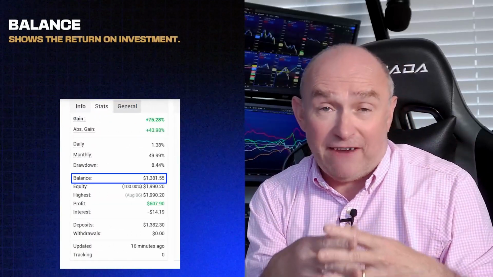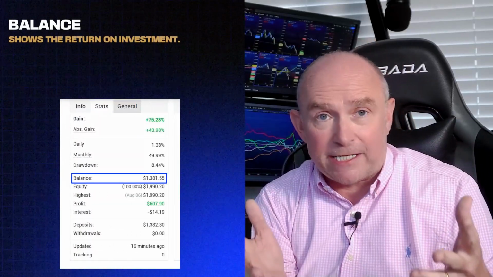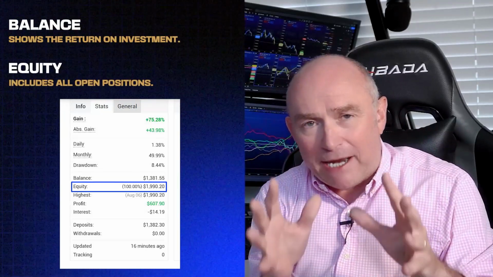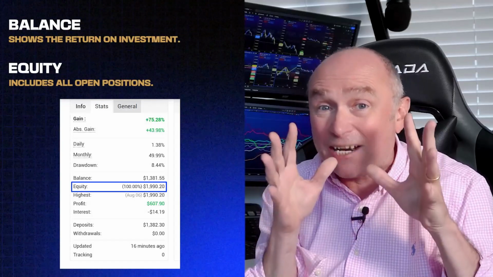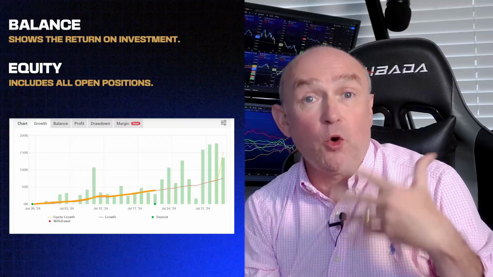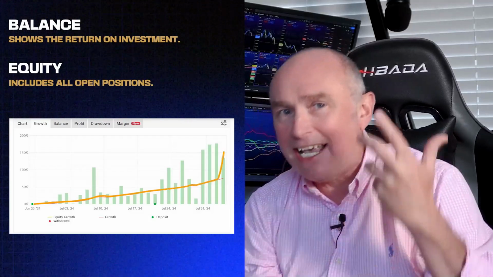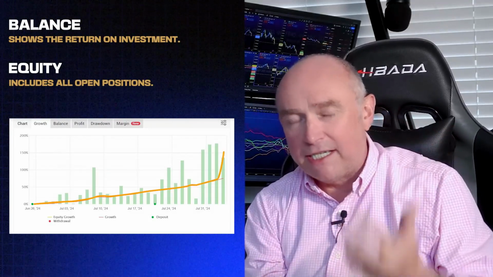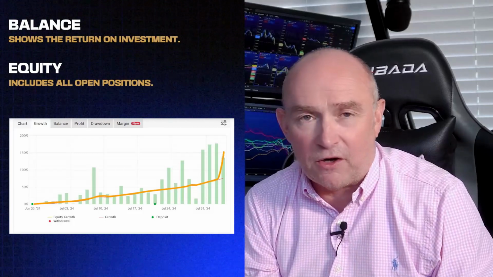Now let's look into balance and equity, something you might see on your trading platforms. Basically, balance shows the return on investment on the closed out trades. But the equity, you'll see there on your terminal, equity basically is the open positions as well. In this example, our equity line shows what happens to your open positions. You must accept these drawdowns if you aim for high returns on investment.